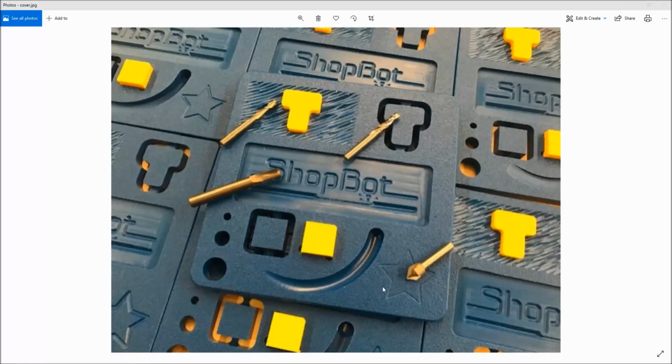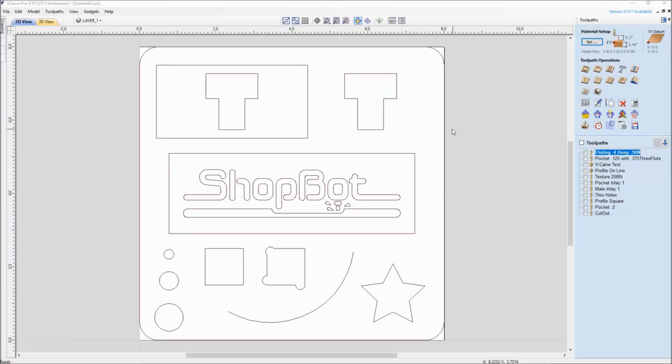Alright, the next one that we're going to look at is this pocket here right in the middle. Right here we have the second toolpath down, a pocket that we have set up on our list. If you're looking for the pocket toolpath underneath tool operations, it's the second one over, pocket toolpath. So pocketing is taking out everything inside of this object here. Notice that it is named pocket 0.125 with a